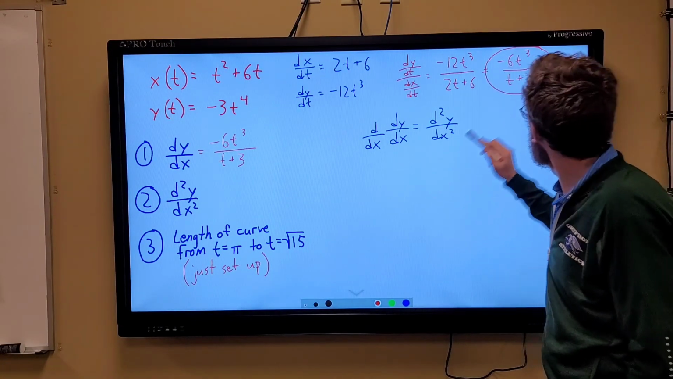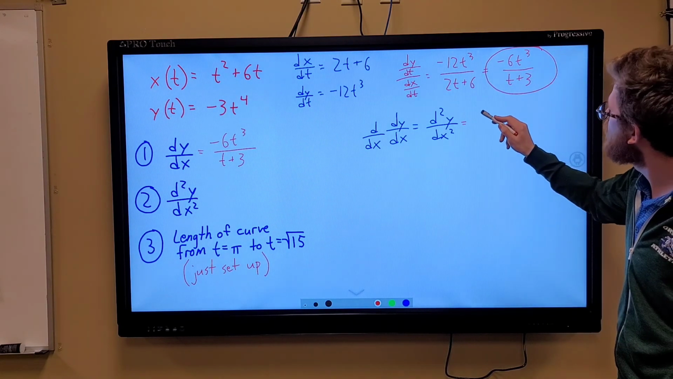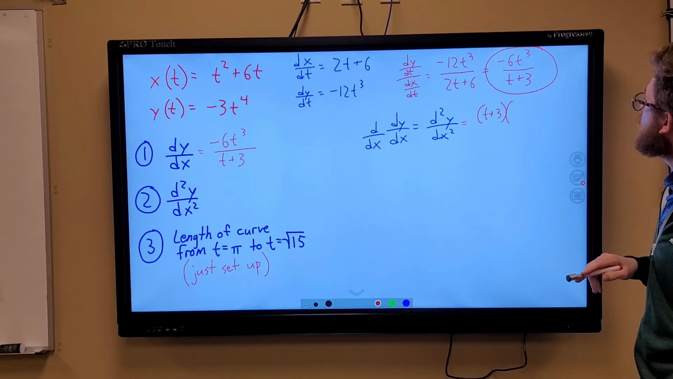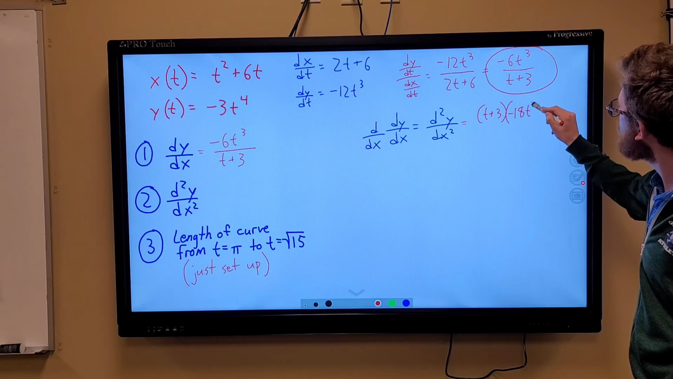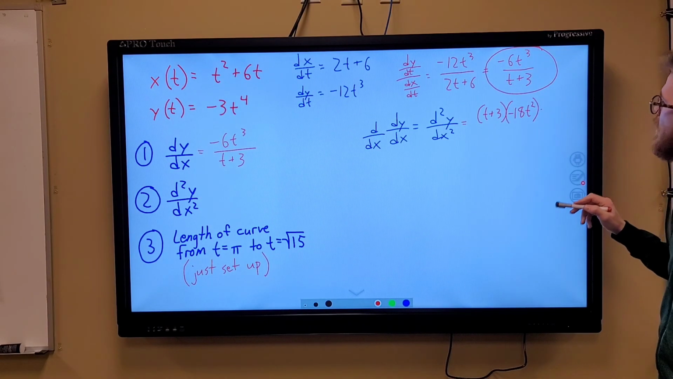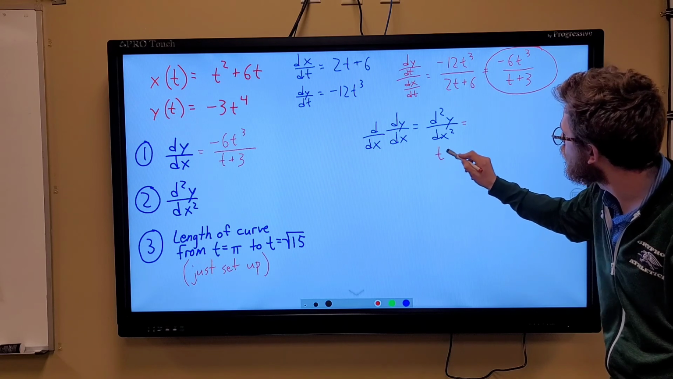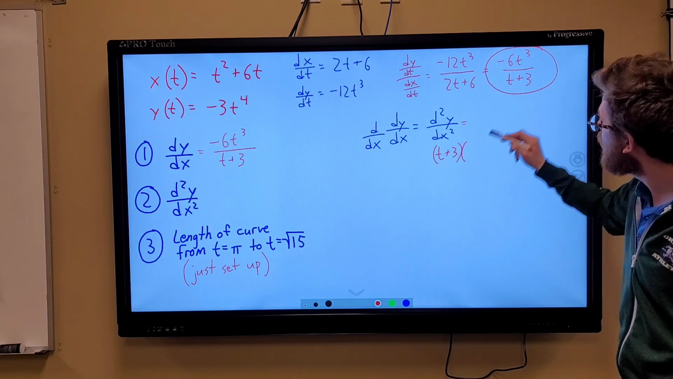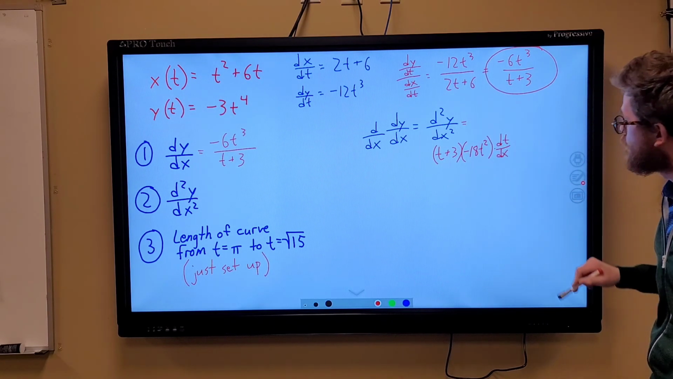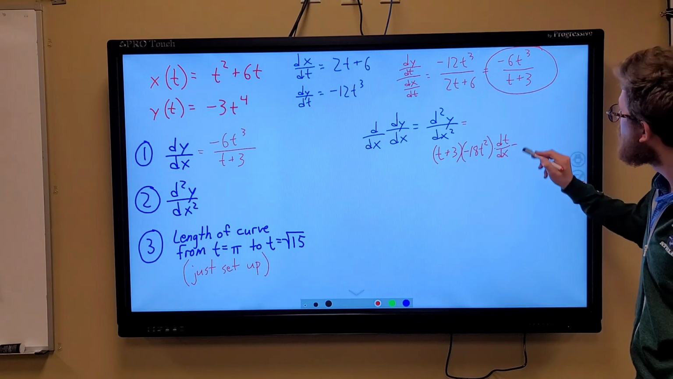So I'm going to go low d high. Low d high is going to be t plus 3 times the derivative of the upper function right there, the high, negative 18t squared. But because I'm taking the derivative with respect to x, I do have to apply the chain rule. I can see I'm going to run out of space right here, so I'm going to restart this. Low d high, because I was taking the derivative of t with respect to x, implicit differentiation, our chain rule, minus high d low,